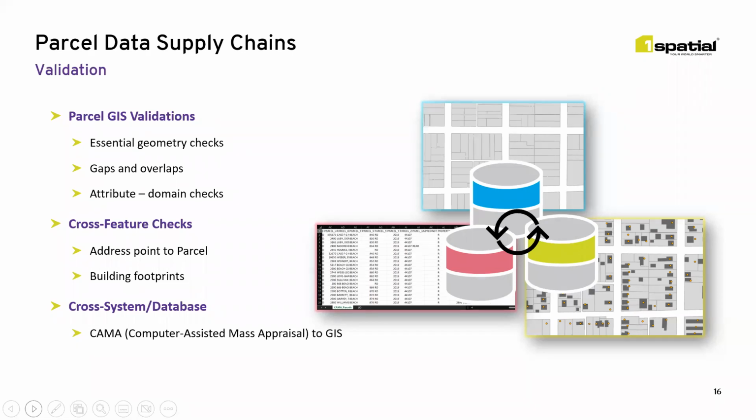And then once they have the parcel data as clean as they can get it, one of the other things that our customers have done is also say, okay, now that it's clean, can we actually leverage this clean data set to be used in other features? So in here, one of the most common things that we've integrated within One Data Gateway is the use of address points that are expected to be contained within parcels.